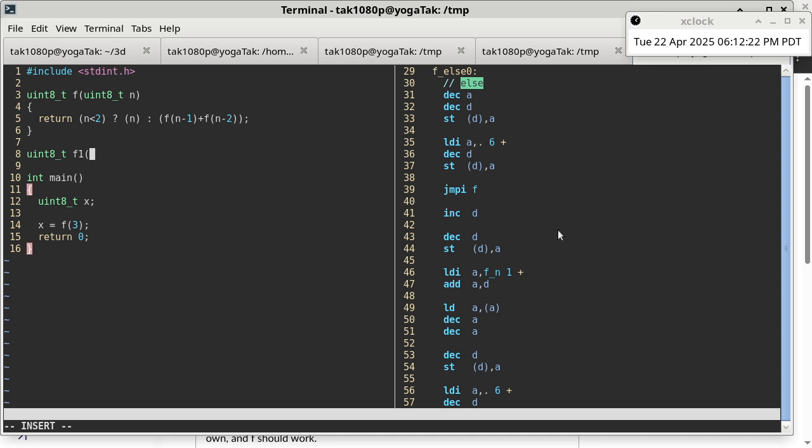Okay, so I'm going to use F1 to represent the new logic here. So uint8_t, and okay. So in this case, we explicitly use a local variable. Okay, so we say uint8_t, we'll just say, well, I'll just call it X, okay? So in this case, we are basically using a conditional statement, okay? So we go like this,